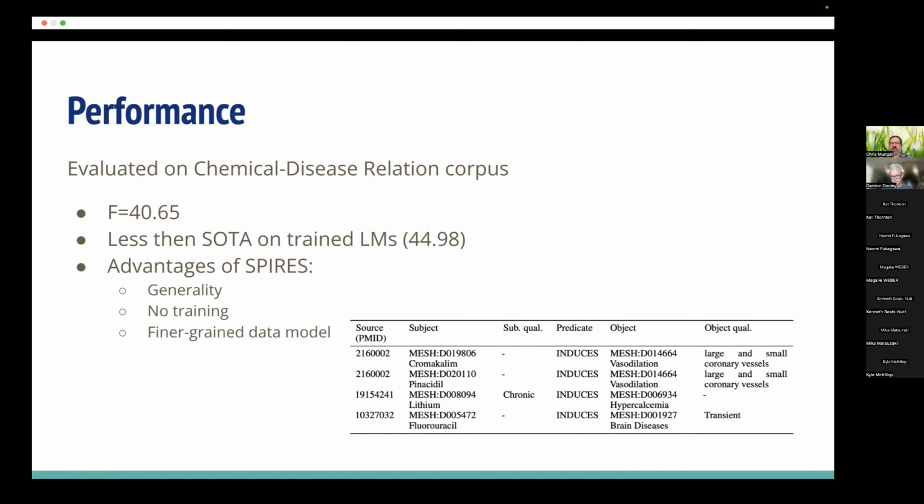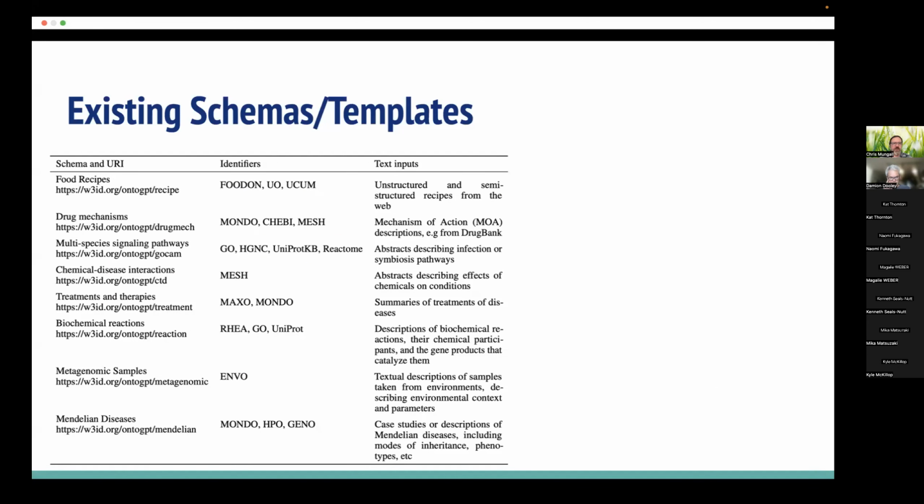This isn't really taking full advantage of the approach, because this is really just extracting simple triples rather than a full ontological representation. And we find it doesn't beat the best tools in this area, but the best tools are actually specifically trained on these individual domains. And the advantage of our approach is the generality. It doesn't need any training data in advance. So we're actually extending this. We've got a number of different